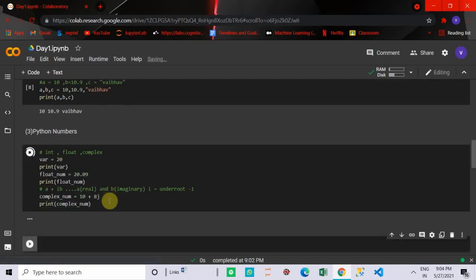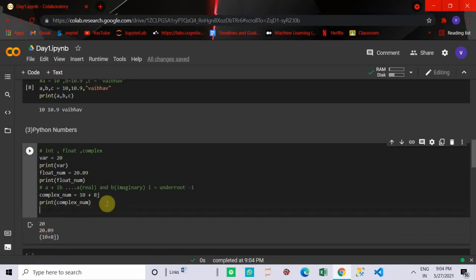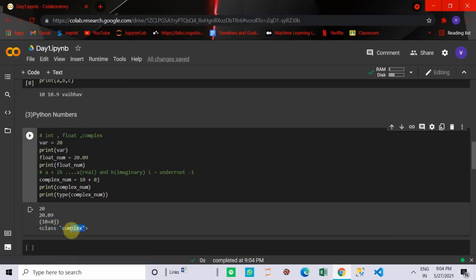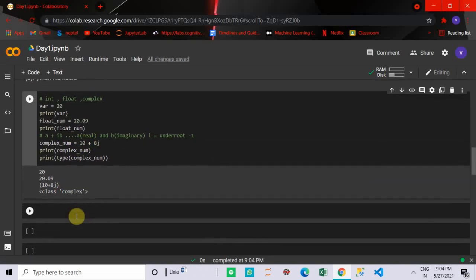So this gives 10 plus 8j. Now if you want to print the data type of this, we know that this is a complex number, but for your convenience I run this command. It shows class complex, as I told you earlier that everything is treated as an object. So this variable is also treated as an object of class complex.